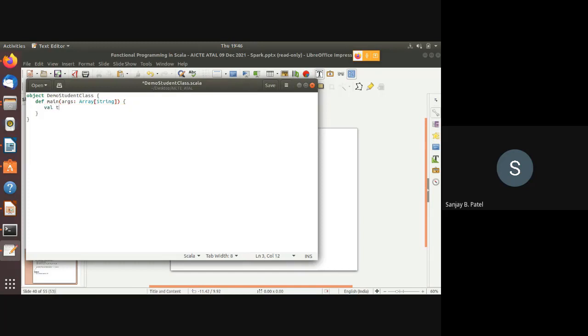Value t. This is the first element, second element, third element, and 1. This is the integer type. Okay, so value is the value of